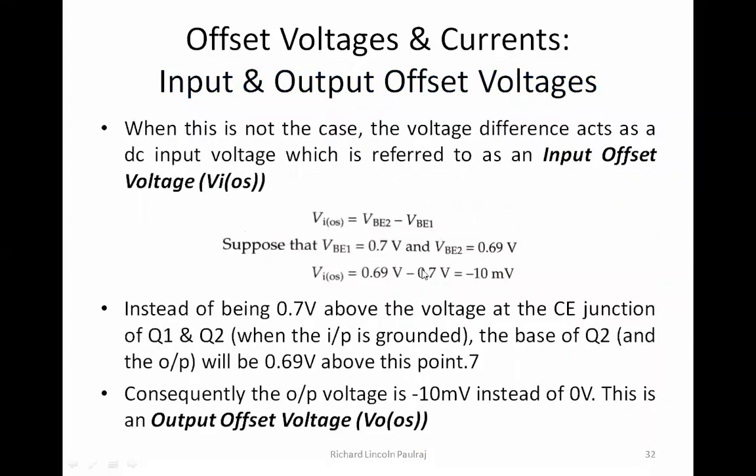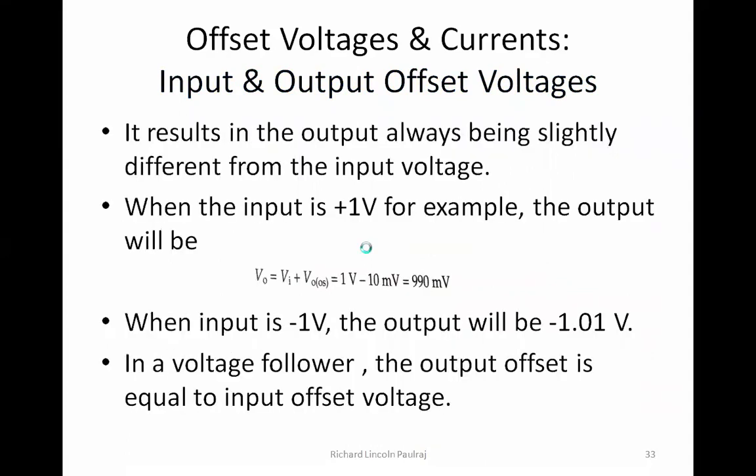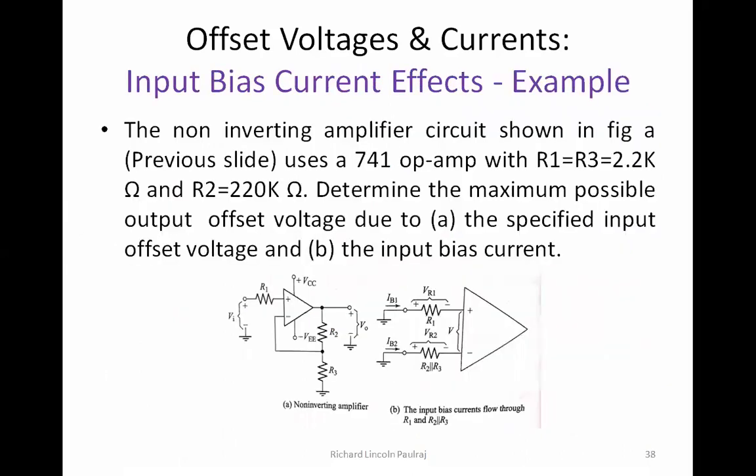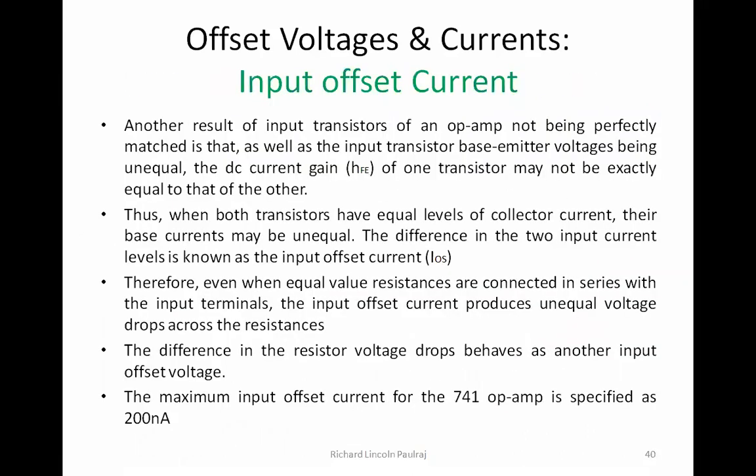So these are nothing but offset voltages. Okay, now we're going to learn about offset currents. Input offset current. Another result of input transistors of an OPAMP not being perfectly matched is that, as well